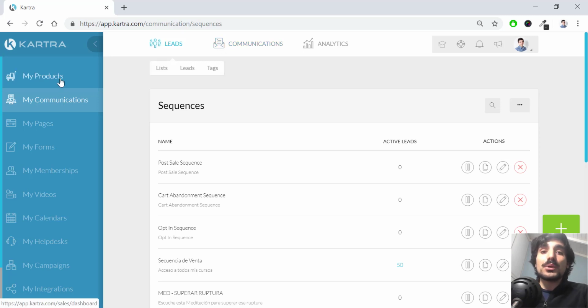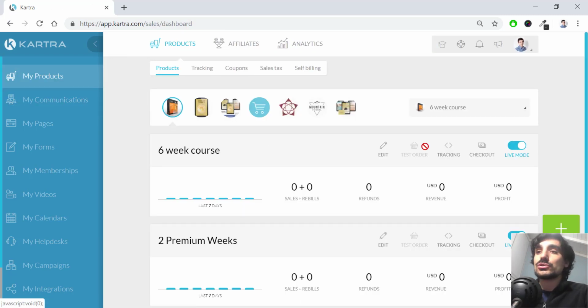I'm gonna go to my product and I'm gonna create some automations. What I want to avoid is people purchasing my product and at the same time receiving the opt-in sequence emails, or the cart abandonment sequence emails, and that will create a huge overlap, and that will make our emails duplicate, and I will be considered the spam king. So since I don't want that to happen, I will go to my products and create an automation